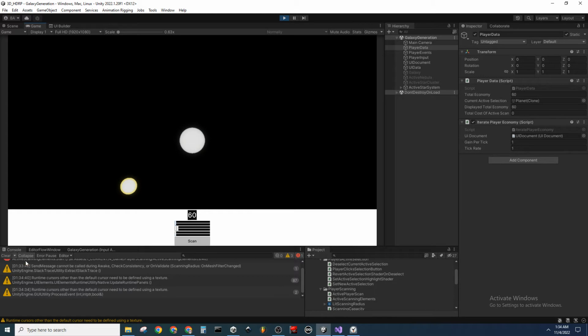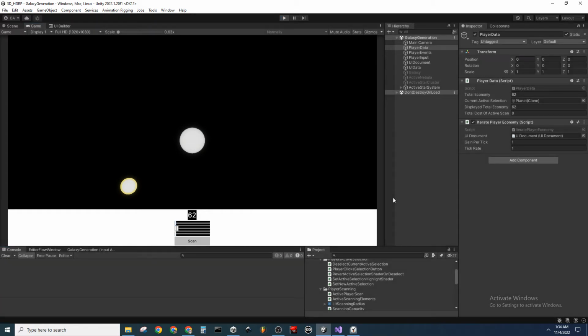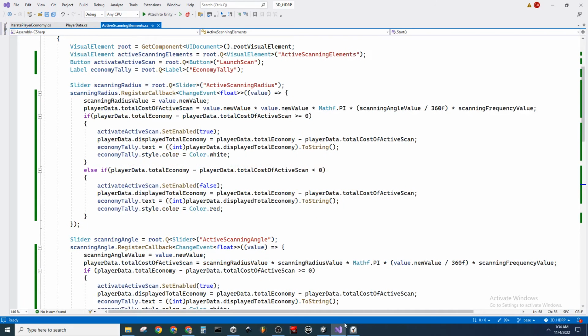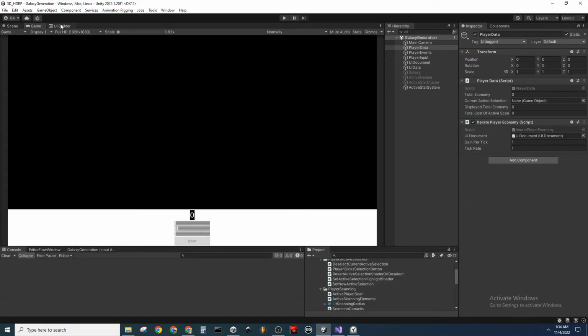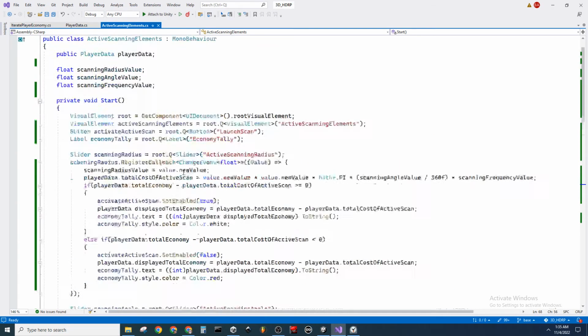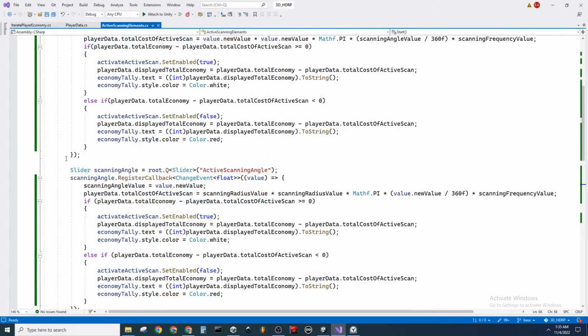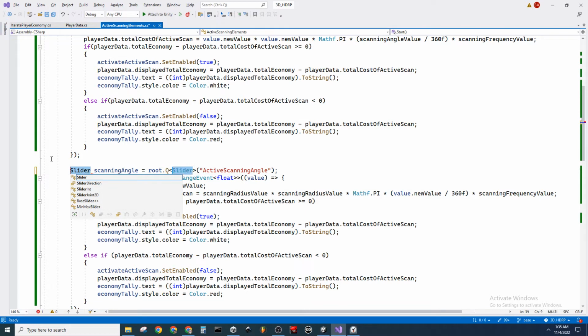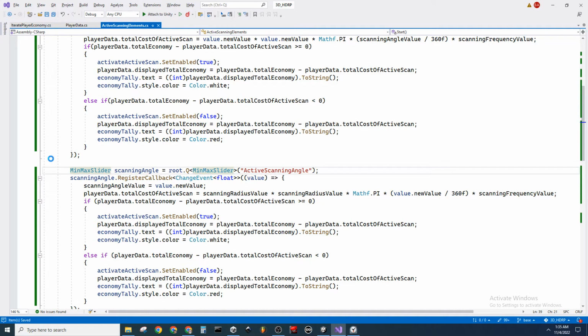Once I get the visual feedback set up. And I'm pretty sure it's complaining because we changed the type of the element. So we're not looking for a... This is no longer a slider alone, it's a... What is it? A min-max slider. The hyphen, so this is in fact just min-max slider. So we are going to change this, I guess that's it, just min-max slider. Now it should actually find it,